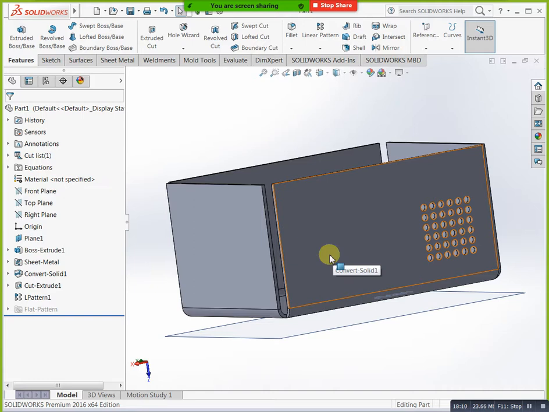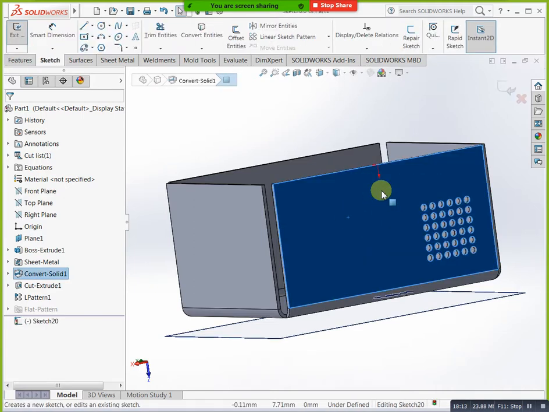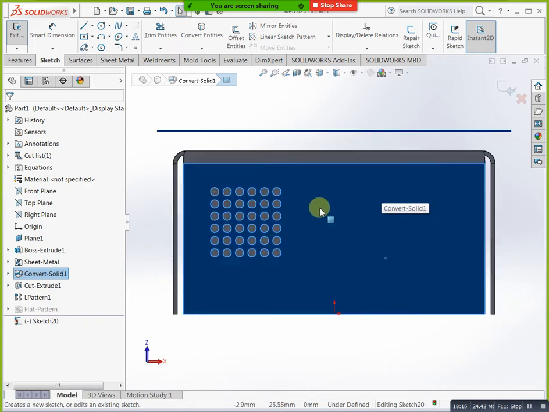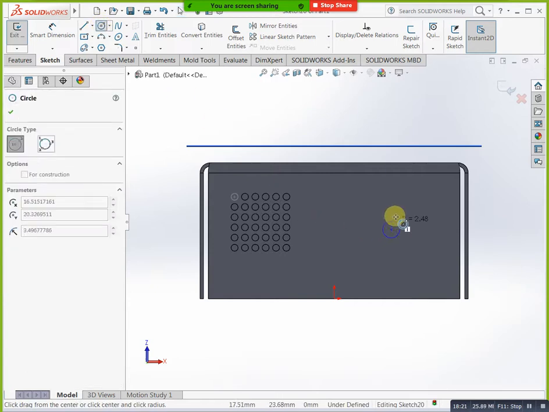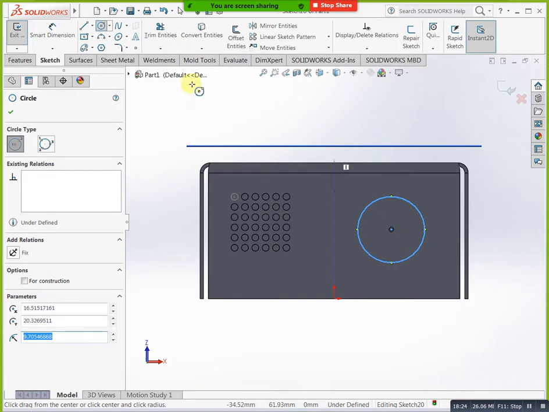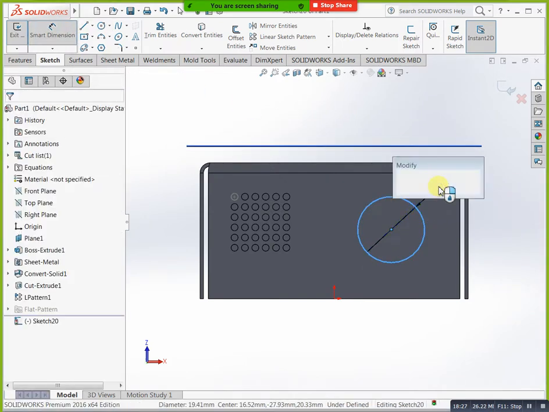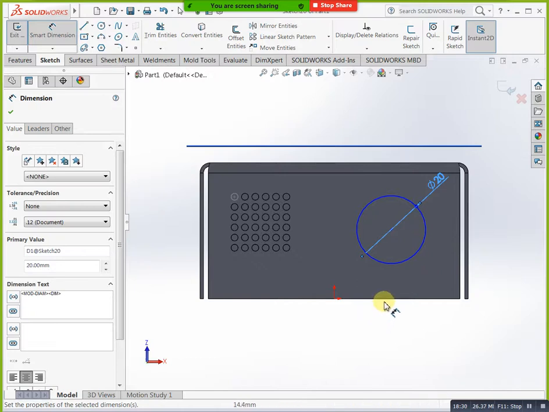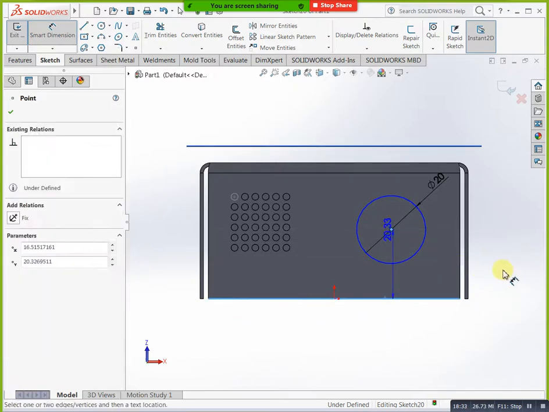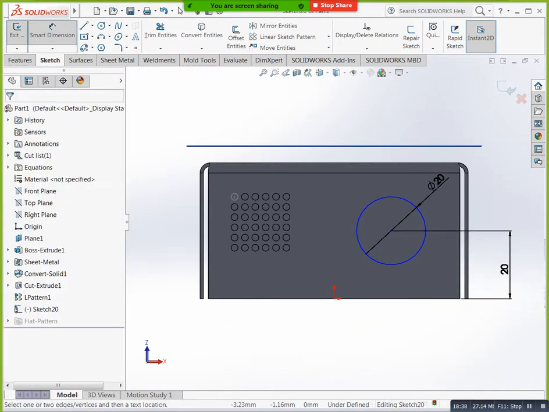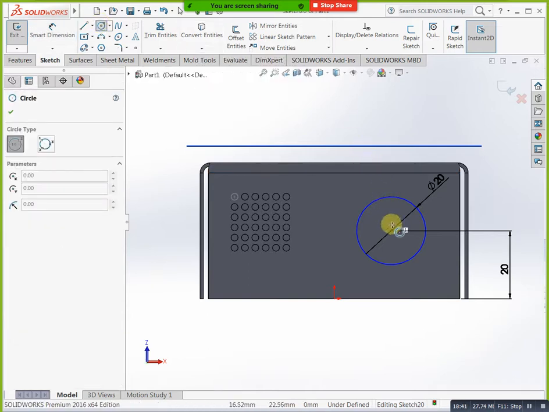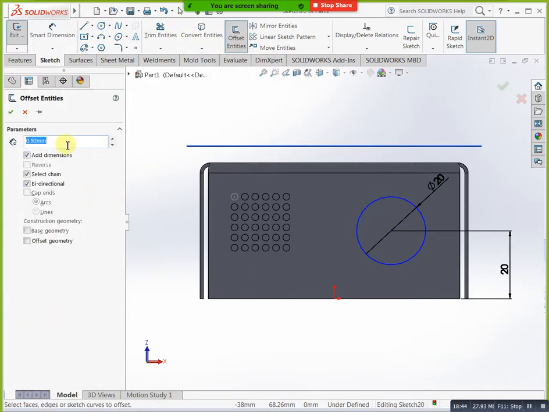Okay, if you have any changes here to here, now you can go to the circle again, and here you can mention offset condition. I need 2 mm or 1 mm, you will take. I need only one direction, not 2 directions. You can change reverse. Again I am creating one more offset. You can take 5. Change your direction, reverse. Okay, or otherwise you can mention 3 here. Then you can do finish.